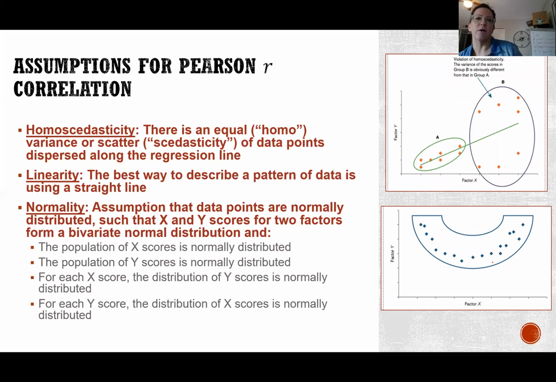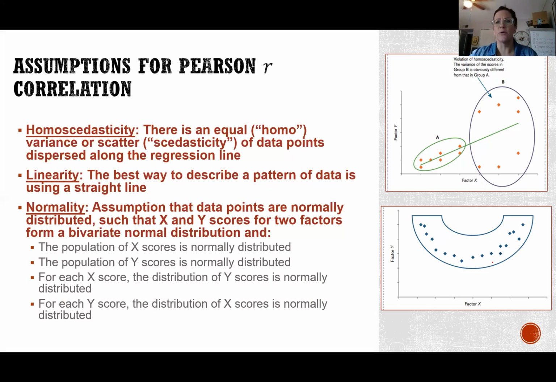Every one of our inferential tests has assumptions, and it's no different with the Pearson R correlation. For Pearson R correlation, it has 3 very specific assumptions. Now, the most important ones really for Pearson R are normality and linearity. But homoscedasticity is also an important assumption, which just basically means that the variability across the regression line should be fairly